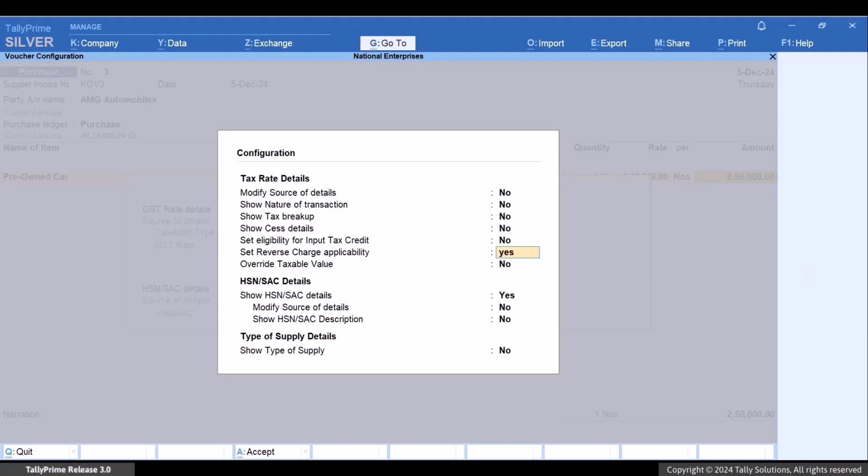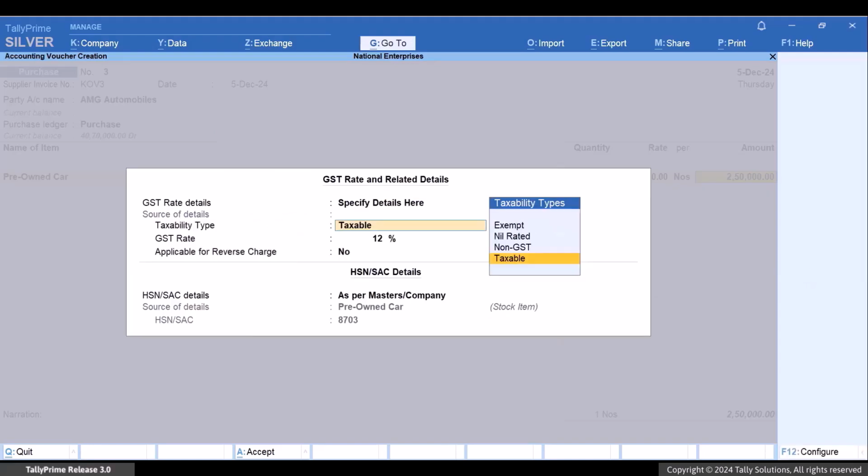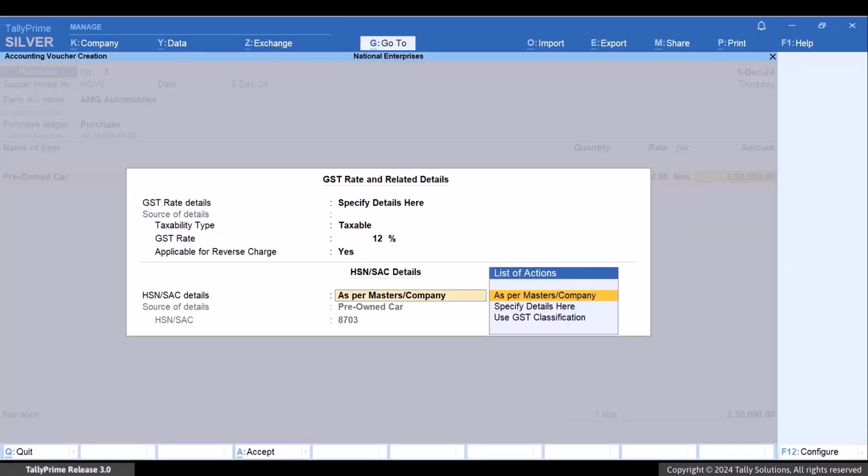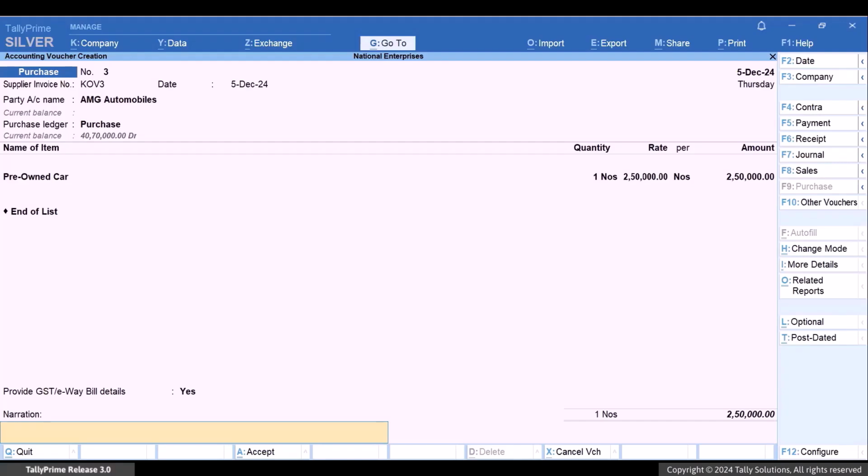Press Ctrl A to save the configuration. Modify GST details as required and enable the option applicable for reverse charge. Press Ctrl A to save the purchase voucher.